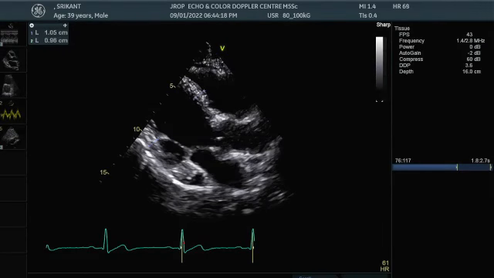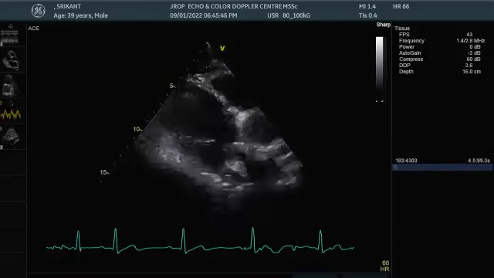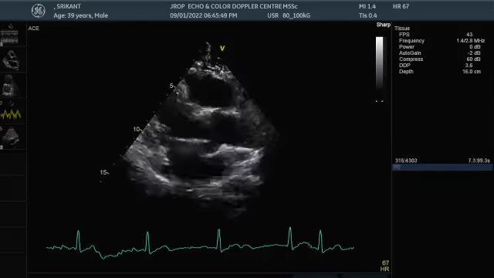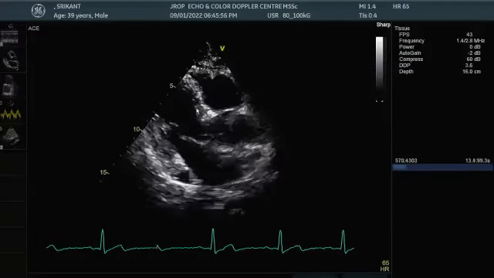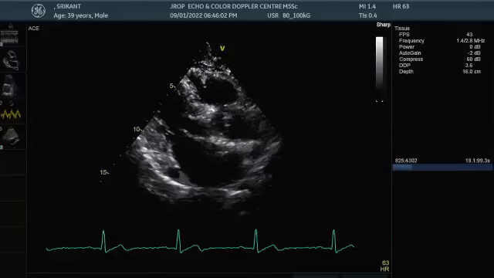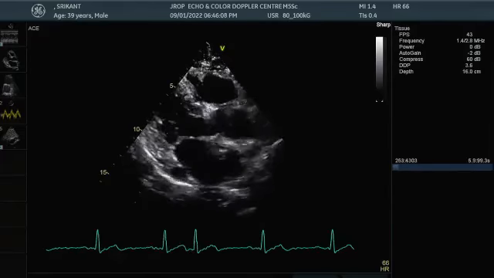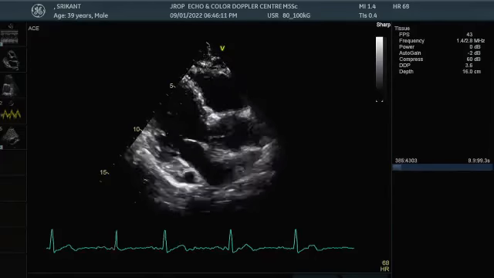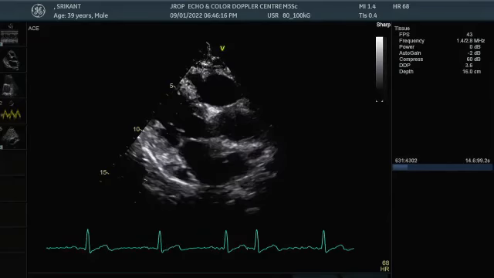Sir, is it possible to measure taking M mode? We can measure by doing an M mode. I can show you, but sometimes if I'm not cutting at the right point of the cursor, you may not have a correct answer. Look, if I'm cutting at this point from this point to this point, then I'm fine. But number of times what happens, we cut like this, oblique. So let me just show you the cursor. Look at the direction of the cursor. On one side is middle segment, the other, posterior wall, is basal segment. This is a problem, but we have a solution.